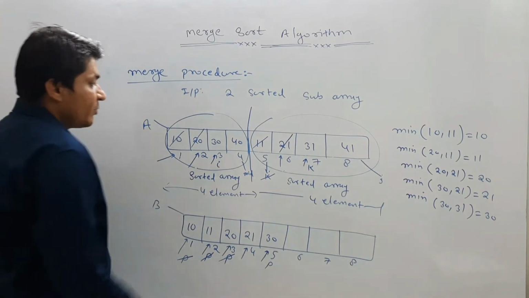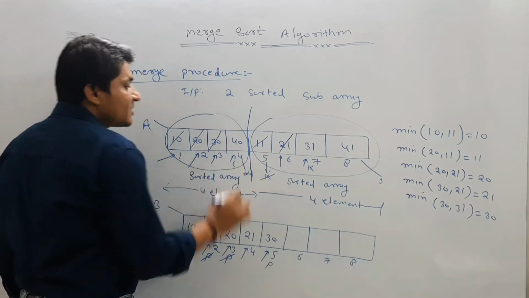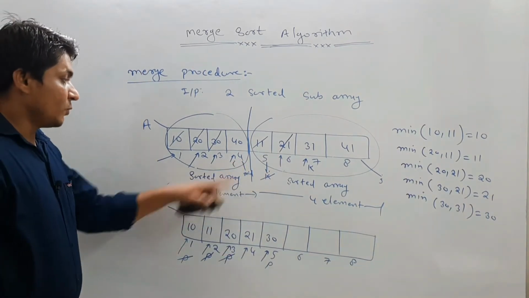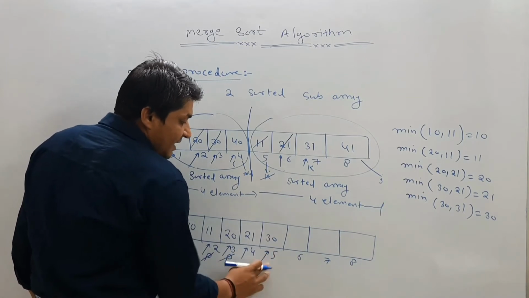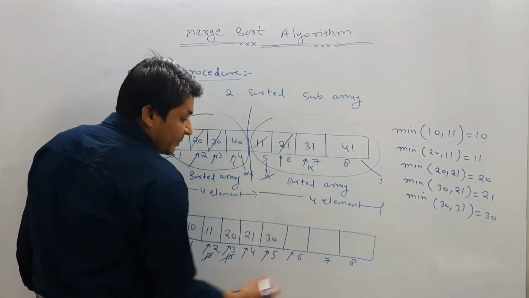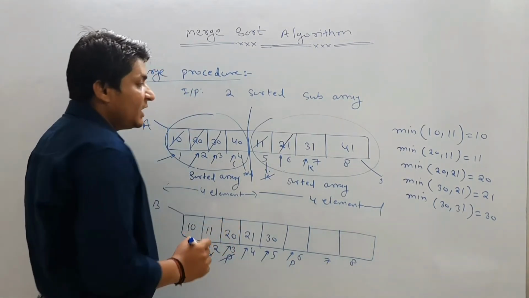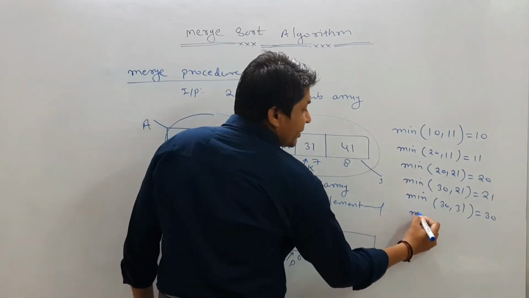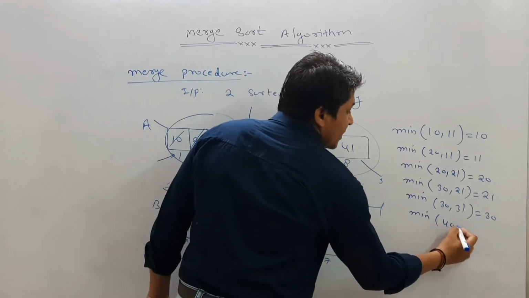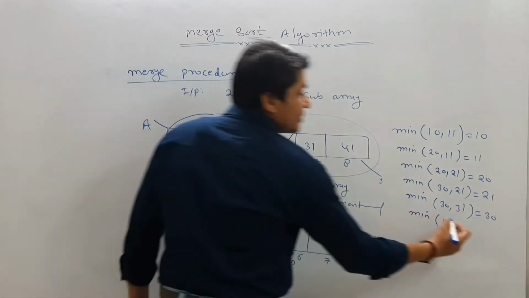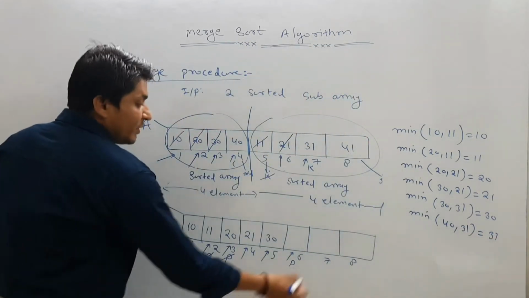Correct? So now we have already copied 30. So I will be incremented and I will start pointing to the next location, which is location 4. Now we have already copied 30 here, so p will start pointing to the next location. So let us increment p. So p is pointing to the next location, which is 6. Now again we are going to find the minimum. I is pointing to location 4, which is nothing but 40, and currently k is pointing to 31. Which one is minimum out of these two? So 31 is minimum. So 31 will be copied here.